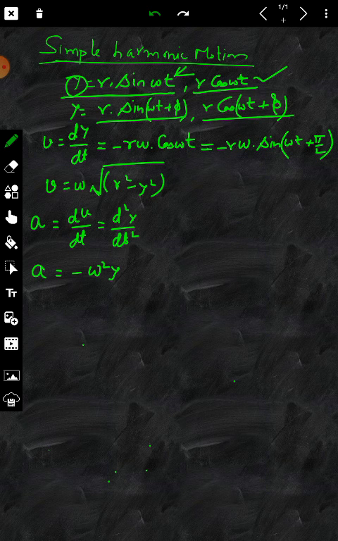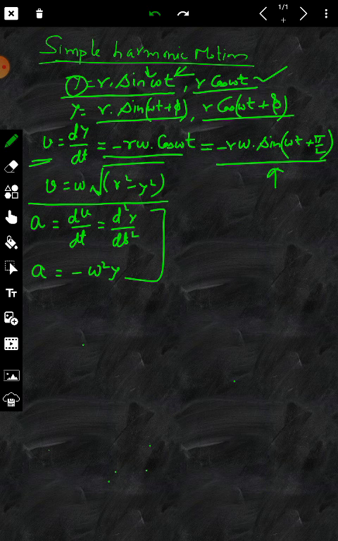Then from this displacement, we have calculated the velocity of the particle having simple harmonic motion, or periodic, oscillatory motion, which is dy upon dt, and we calculated it to be just like this, and then we transformed it into this equation. So we converted it into the same sine function as the displacement, and we also modified this velocity into this form, where velocity is equal to omega into the square root of r square minus y square, where r is the amplitude of the displacement, right?